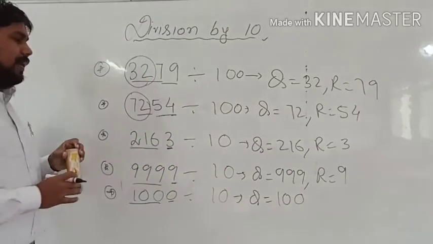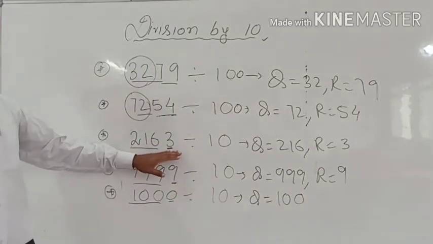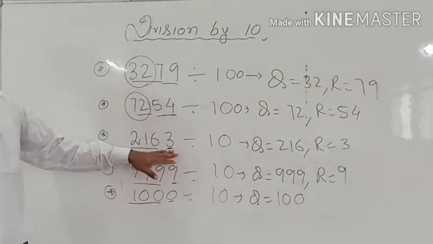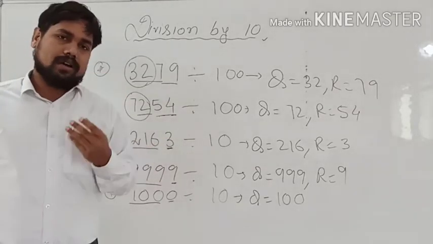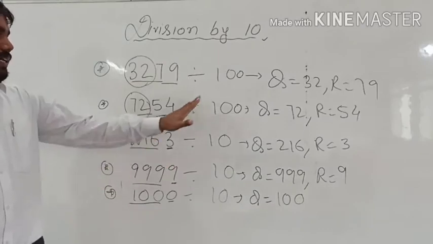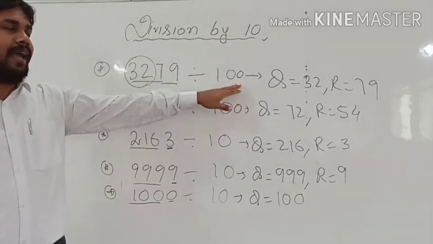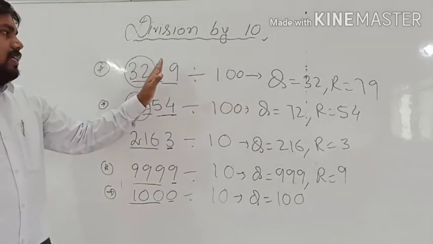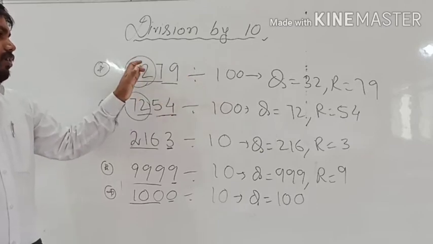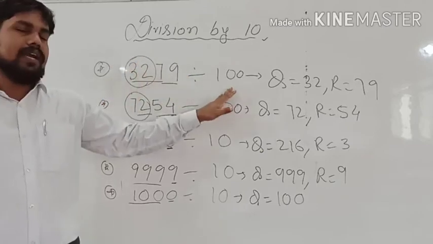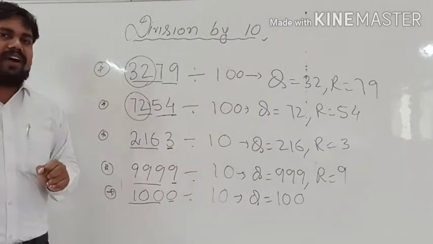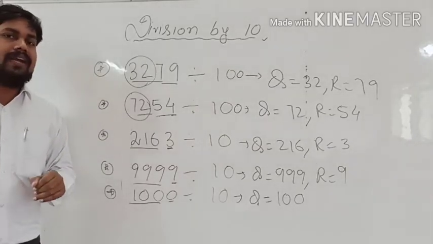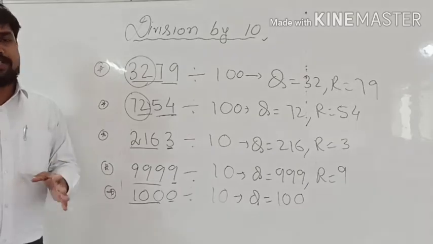तो इसी तरह से यहाँ भी अगर 100 से डिवाइड करना चाहोगे तो 2 डिजिट तक लेना है रिमाइंडर, बाकी जो बचेगा वो हो जाएगा हमारा क्वोशिएंट। उसी तरह से 100 की जगह पे अगर 1000 से डिवाइड करना है तो हमारा 3 डिजिट हम लोग का रिमाइंडर हो जाएगा और जो 1000 प्लेस पे नंबर होगा दैट विल बी द क्वोशिएंट, राइट? So this is how you can divide any number by 10, 100, 1000, etc. Okay?